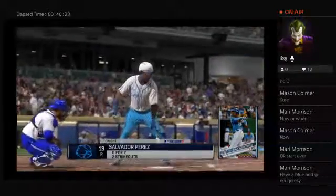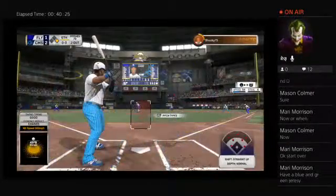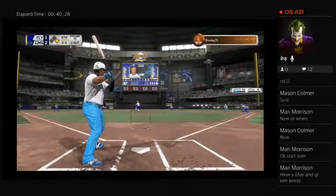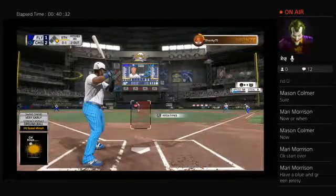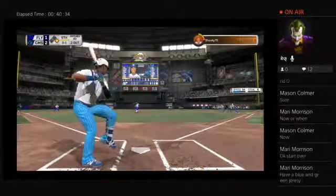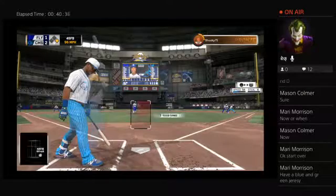Here's the catcher, Salvador Perez. 0 for 2 with a couple of strikeouts for him so far. Chop foul over towards the coaching box. The 0-1 pitch. Looking at a tough pitch called to